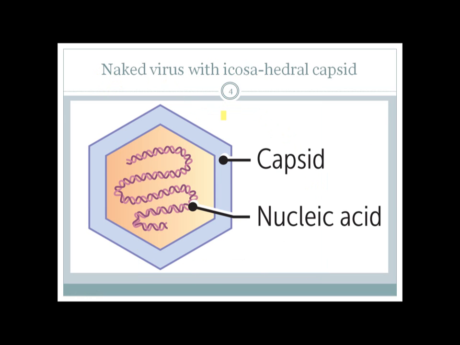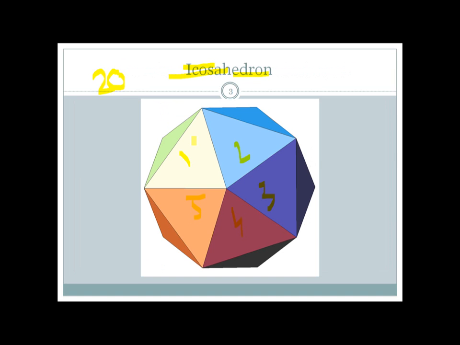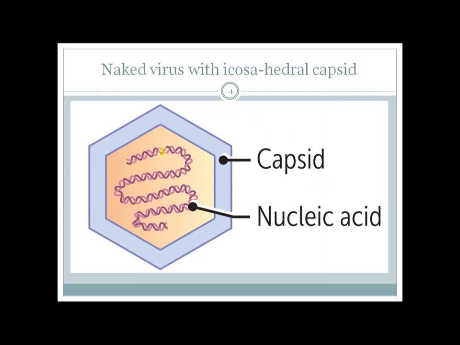Here you see a virus in a 2D view, a cross section through the icosahedron. That's why it looks like a hexagon, but it's actually not a hexagon, it's an icosahedron. If you transversely cut the icosahedron, you get something like that. So this is an icosahedral capsid. The capsid is the outer protein portion of the virus, and inside you have the nucleic acid, which is either DNA or RNA, but never both. Here the virus doesn't have any envelope on the surface, so this is a naked virus, and the capsid shape is icosahedral.